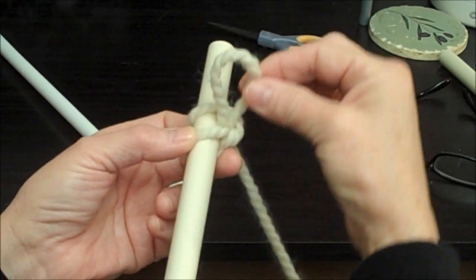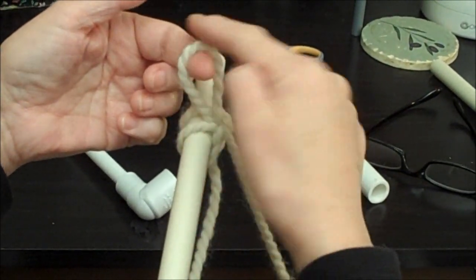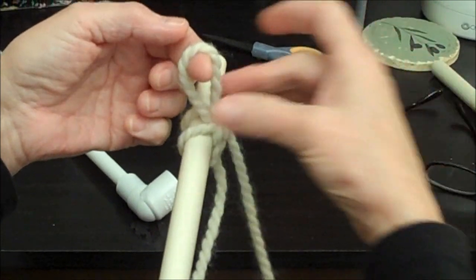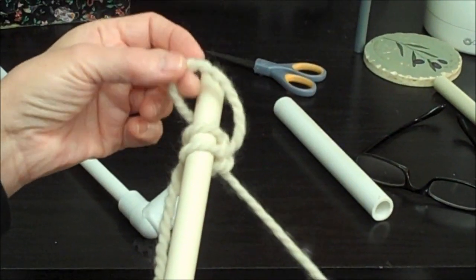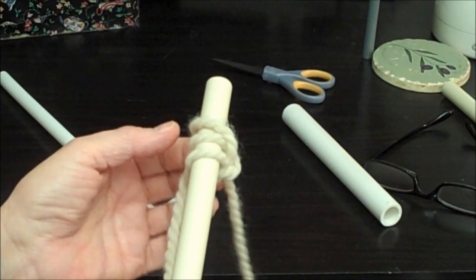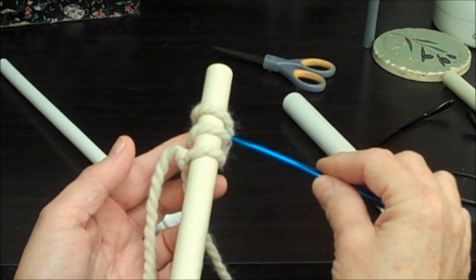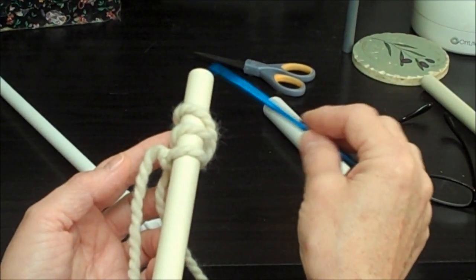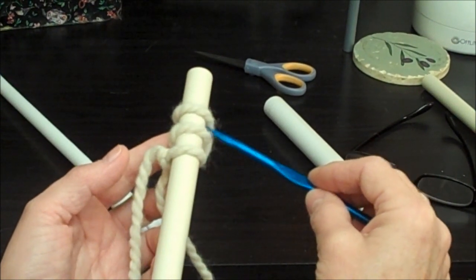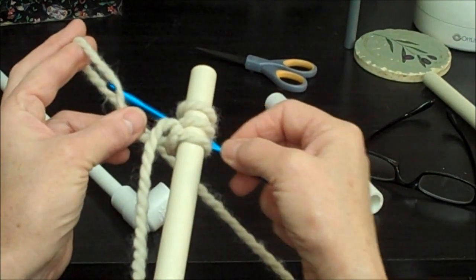Now pull it up. Again, the working yarn is coming through the stitch, around my finger, and back down to my ball. And pipe that loop just like that. You don't have to make it real tight if it makes it harder to get under there. So again, the crochet hook goes now between the top two stitches, the ones closest to the tip of the pipe. So going between the stitch and under, get the loop of working yarn,